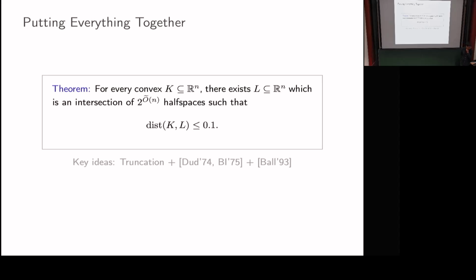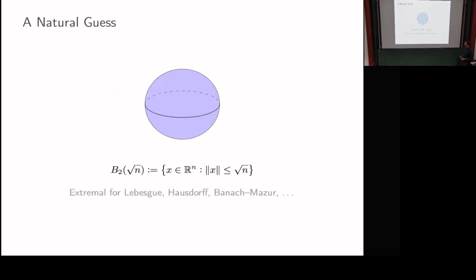So if there are no other questions, I'm going to turn to lower bounds. Does anyone have a guess for what body might be hard to approximate? Right, so Puya did that. I think Puya is saying the L2 ball should be hard. And indeed, for all the other